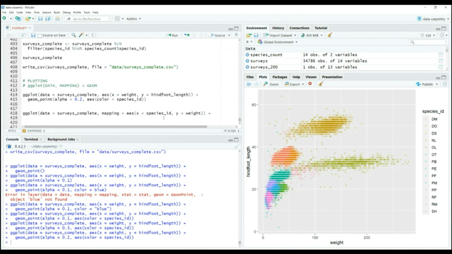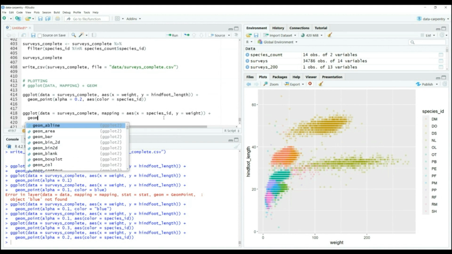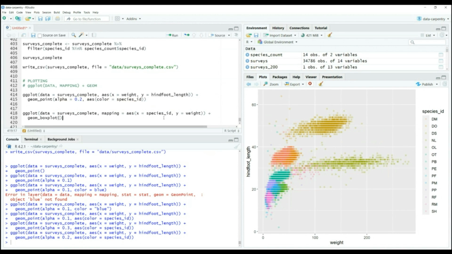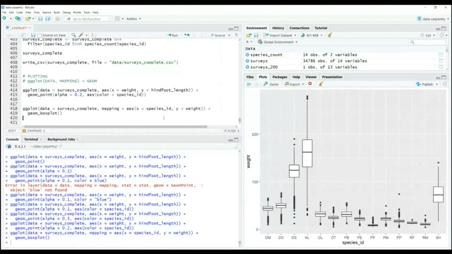And rather than printing a point, I will use a box plot. If I execute that, I get the following: the species ID on the x-axis, and the weight here. Having a box plot, I can get the distribution